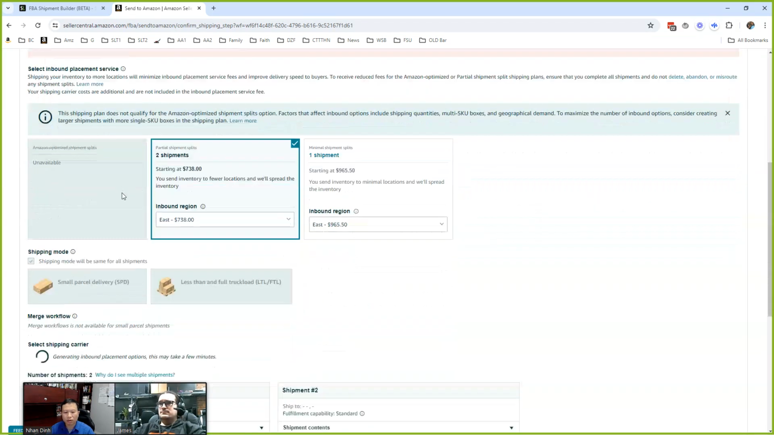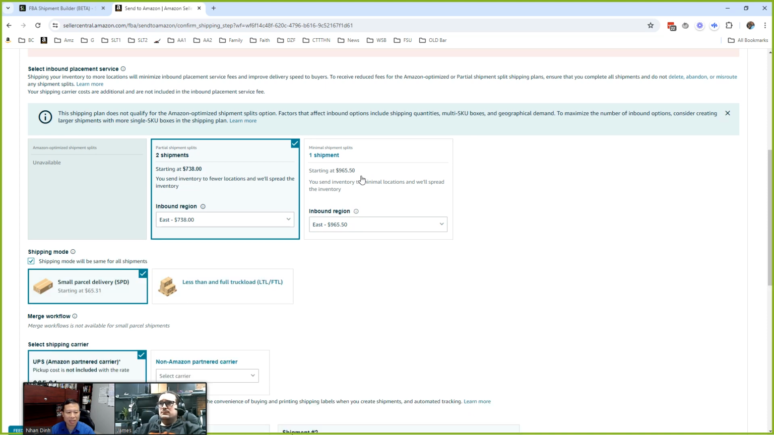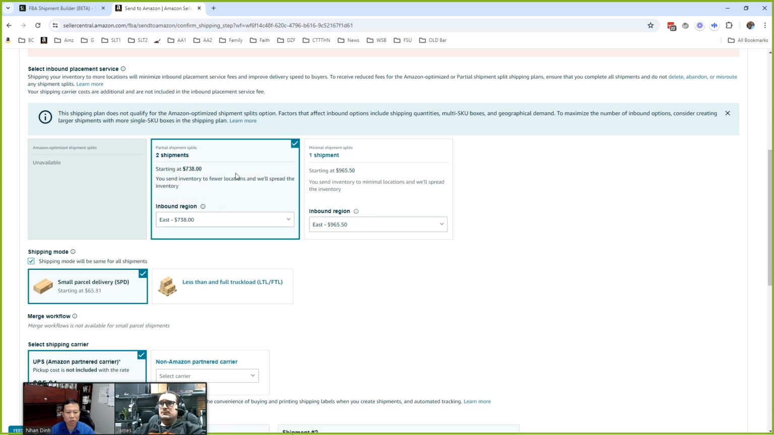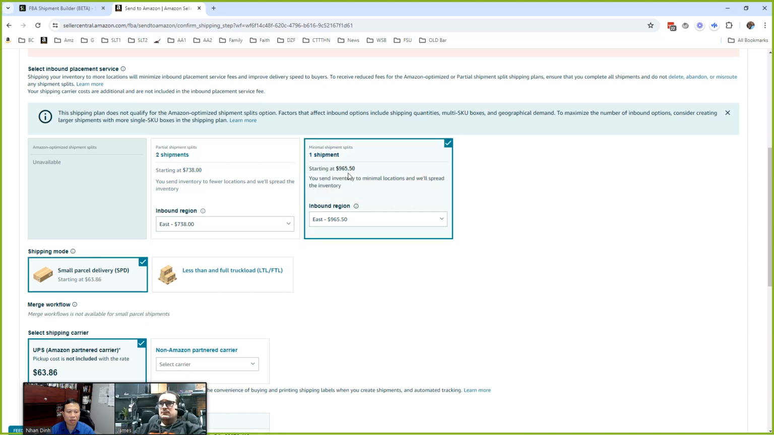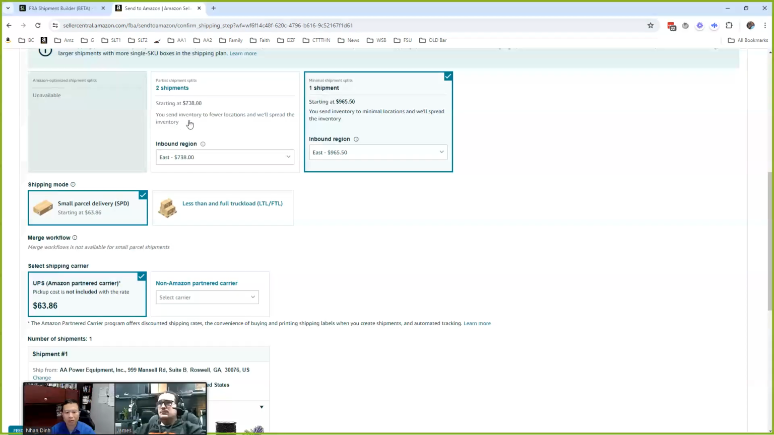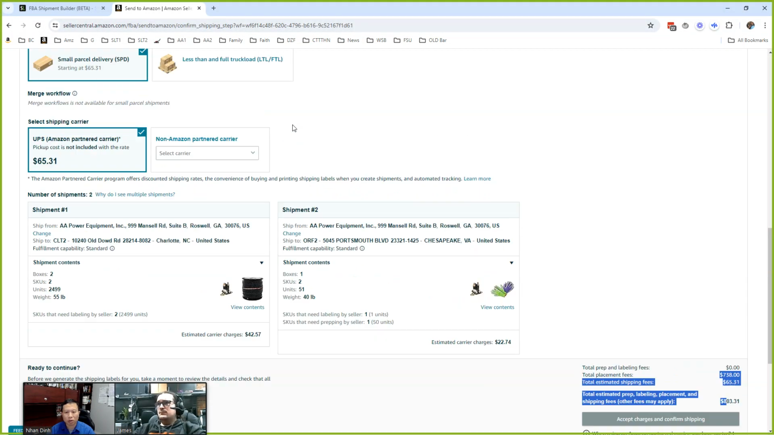So in this step, you confirm the shipping. It gave 2 options here. You can do 2 shipments starting at $735 for the placement fees, or $965 for 1 shipment. So if you split it to 2 places, that's the charge for the manual processing fee, and if it's 1 place, then it's $965, as you can see there. But there are also the shipping costs to factor in, so you have to play around with that to see which one is the lower price to ship all those into